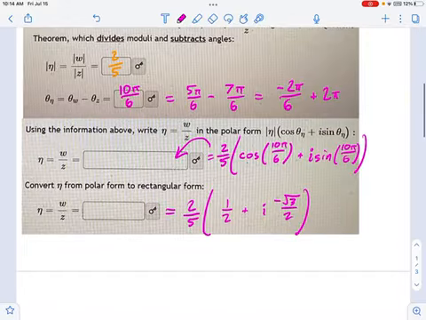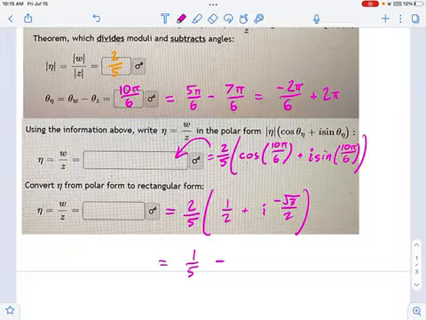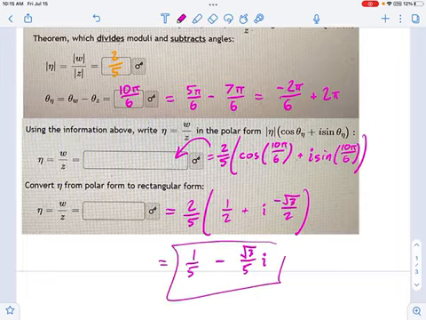Okay, so what this works out to be is 1/5 plus, it's going to be a minus, 1/5 minus radical 3 over 5i. So what slowed me down was just distributing the 2/5 times all that stuff. But this is our rectangular